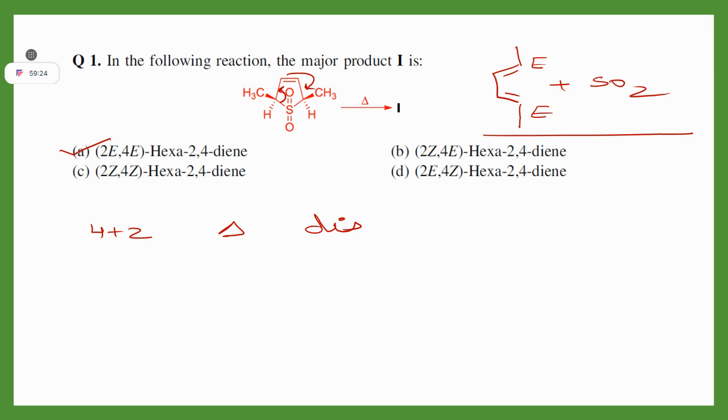How have I approached this question? First, we have to draw its retro 4 plus 2 product, right? Because heating condition is there. Whenever cheletropic reactions are taking place in 4 plus 2 manner, they will undergo disrotation. In the starting material, your methyl groups are cis to each other. On rotation, they will be trans in your product. That's why I have drawn it in this way, with extrusion of a stable molecule like SO2. These are entropy favorable reactions, therefore they are giving this product.